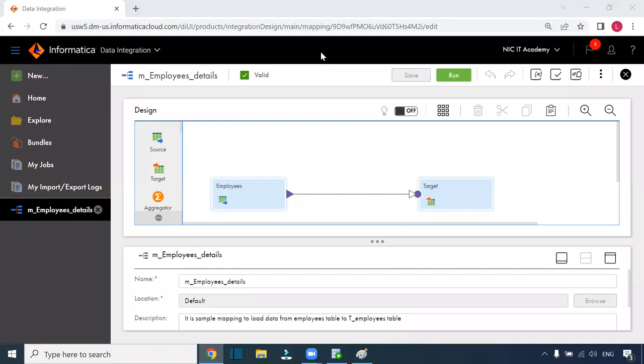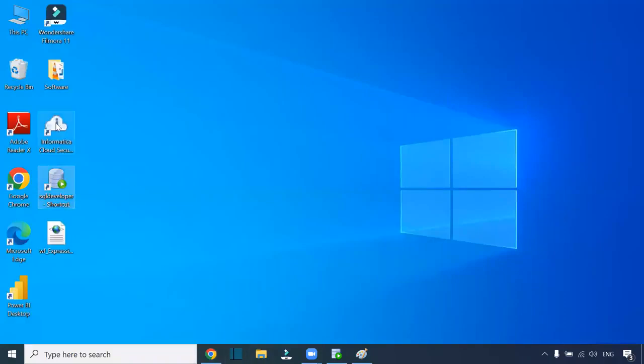Both source and target, which we have done in on-premises, right? Yes, on-premises only. So now the data integration service has not started. So what you have to do, go to desktop. On your desktop, you will see the Informatica Cloud Secure Agent, right? Double click on this